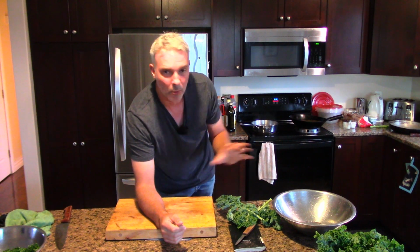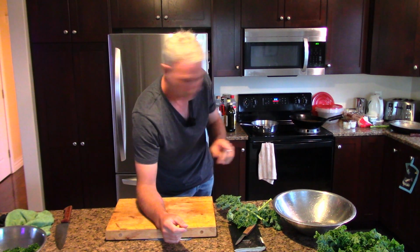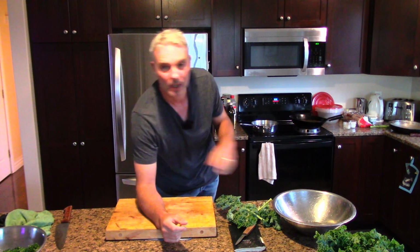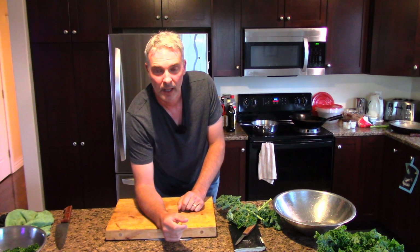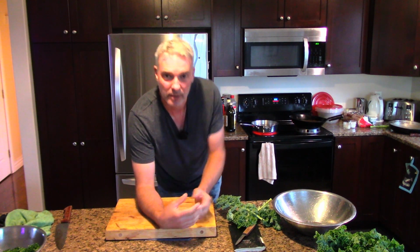3 or 4 different ways. 3 different ways or 4 different ways? 1, 2, 3. 3 different ways. And we're going to do a little comparison to see which approach achieves the best flavor. That is to say,